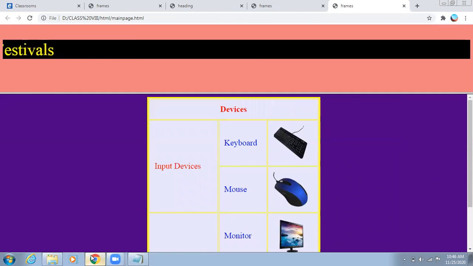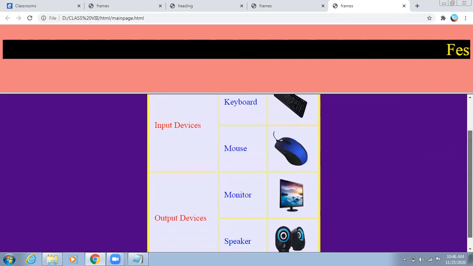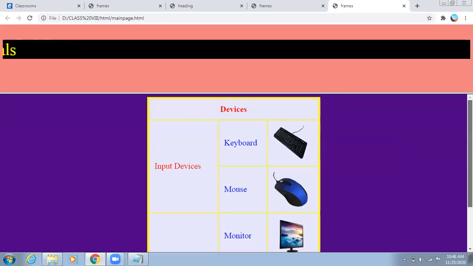Now this is the row partition. As you can see, earlier this scroll bar was not coming, but now it is coming because the size of the page exceeds what is appearing in front of us. So automatically the scroll bar will appear if the content of the page exceeds the size of the page which is visible in front of you.